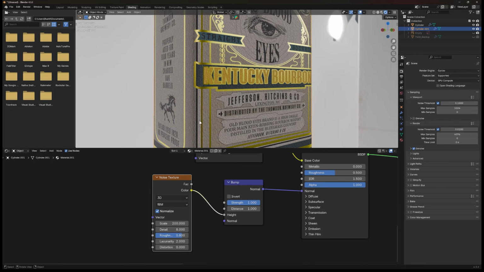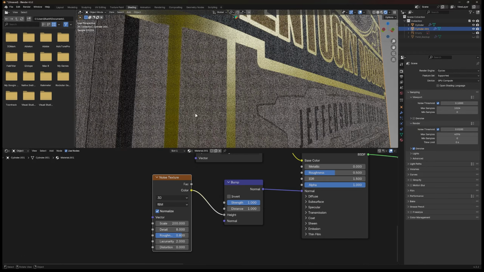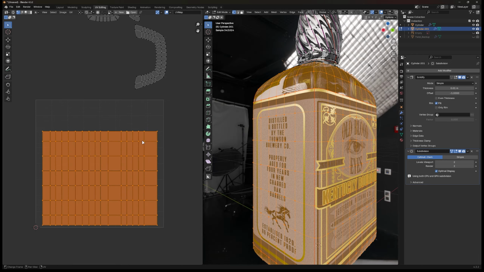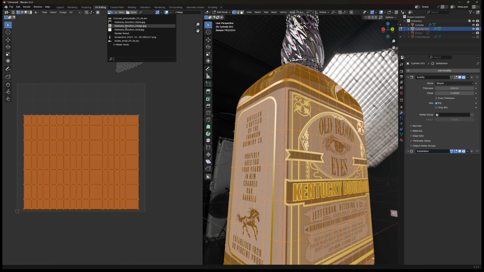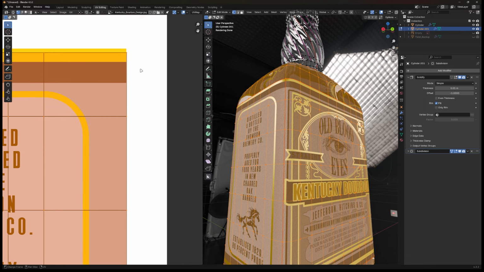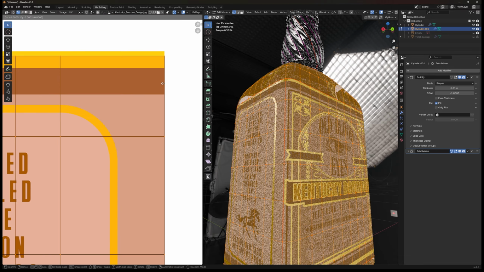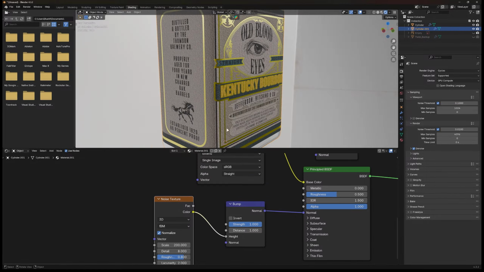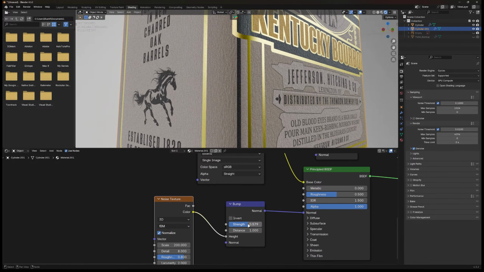Like you see here, we have some issues with the textures. So there is a gap between the front and the back, and I guess we should sing a reggae song again. So here you just simply move the UV until there is no white border in it, and it fixes the issue. Back again to the shading tab and adjust the strength on the bump.